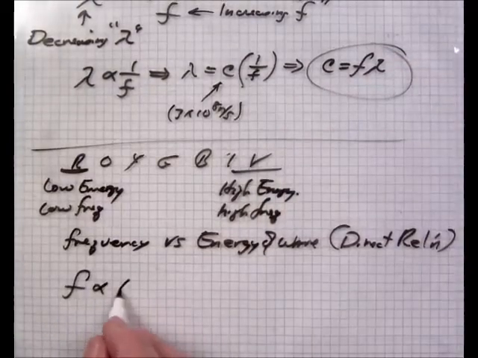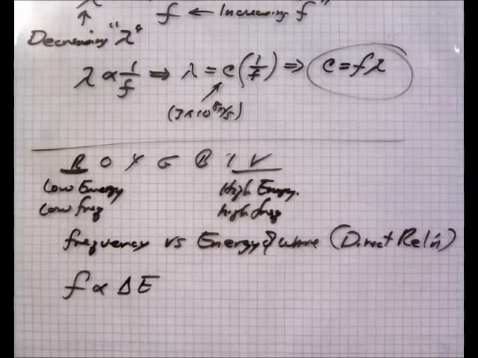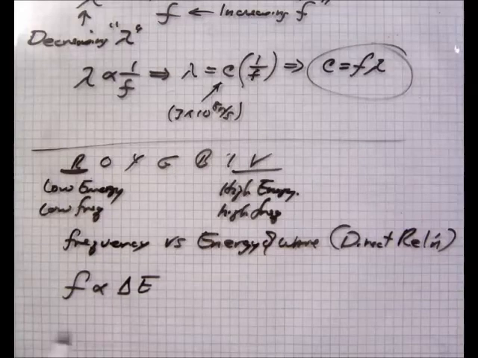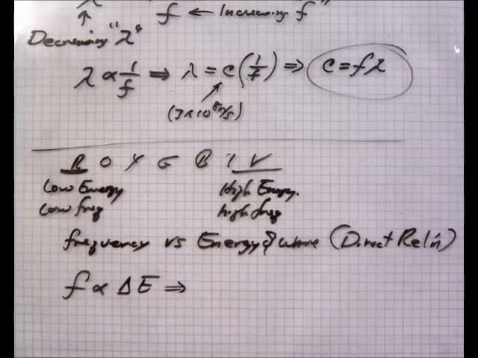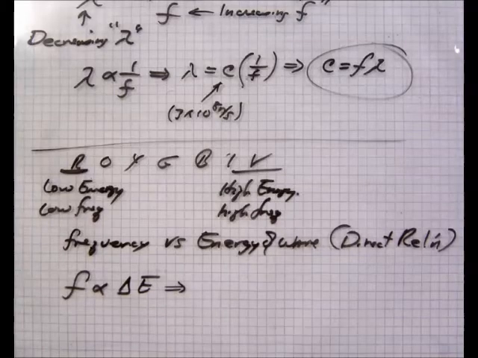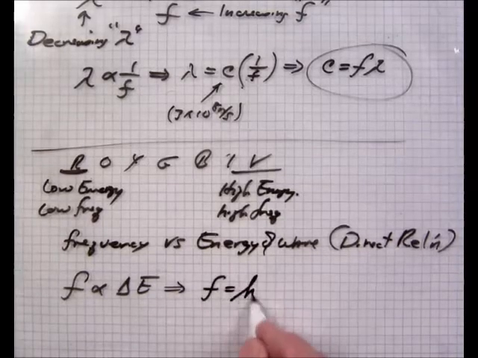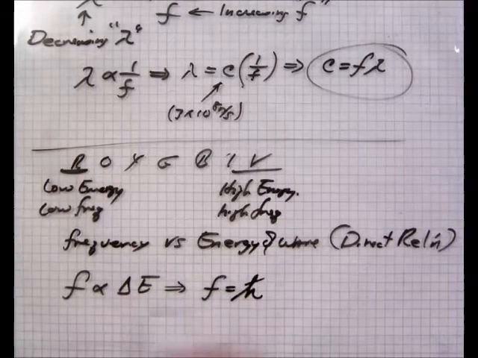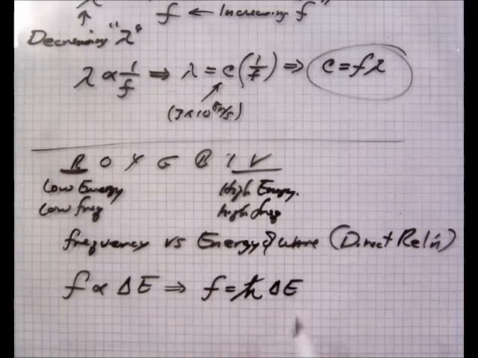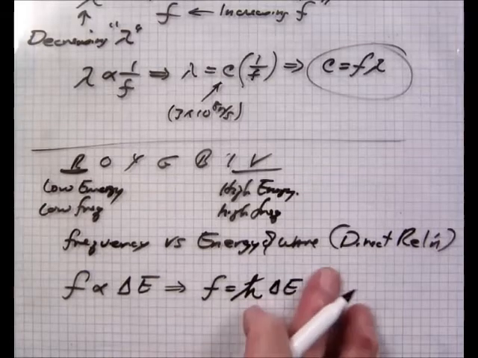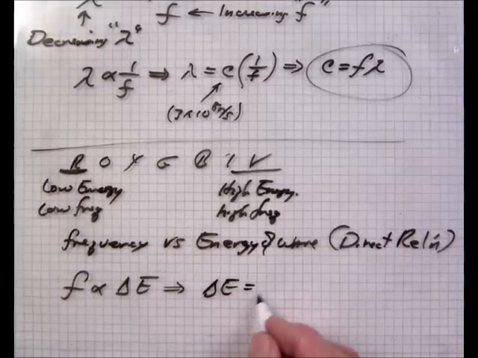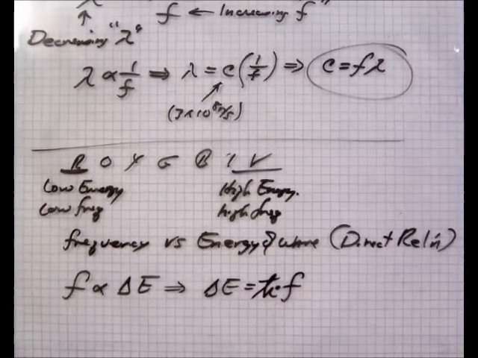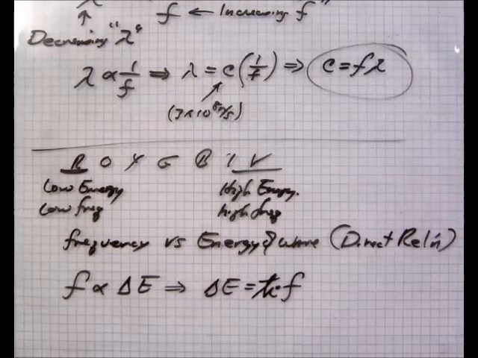Frequency is proportional to what we call delta E. This is your electron transition right there, delta E. When it falls from one level to the next, it gives off energy right here. It turns out that the relationship is connected by a constant called Planck's constant. Oh, excuse me, that should be on the other side. Delta E, sorry about that, is H bar times frequency. There you go. And that's what it is. And this is called Planck's constant.